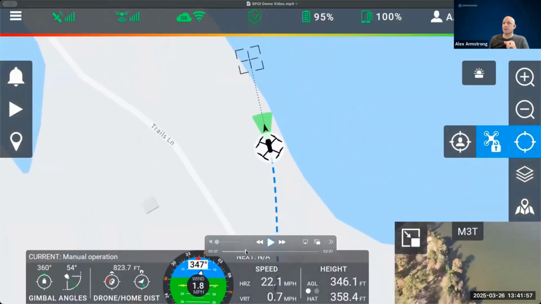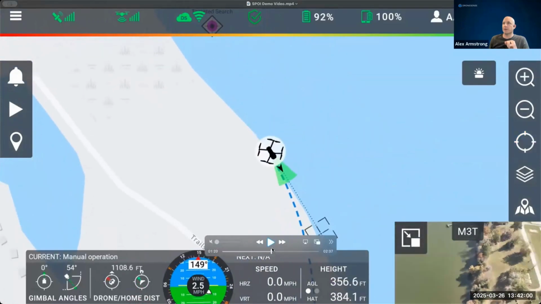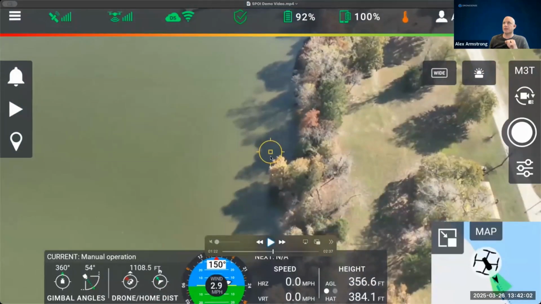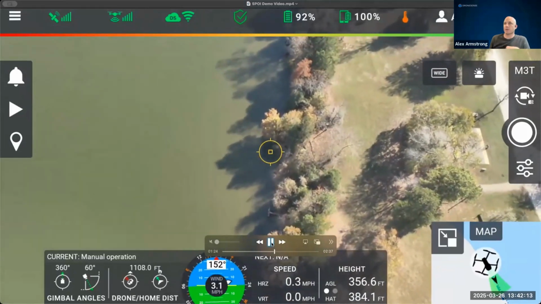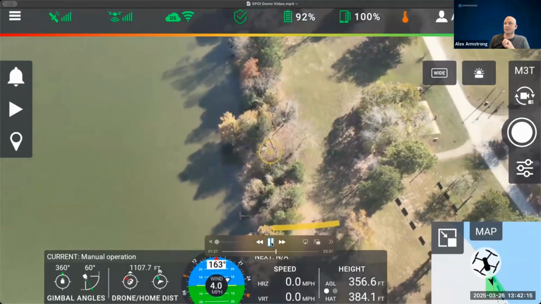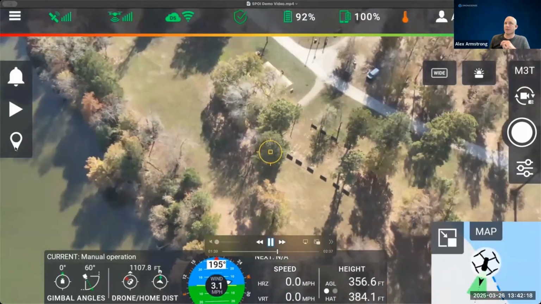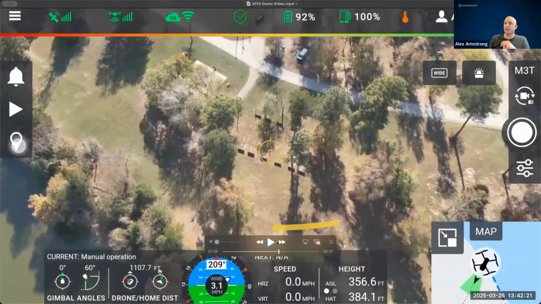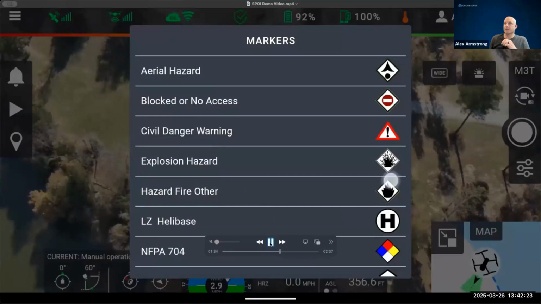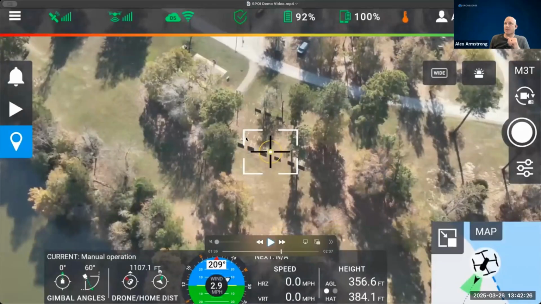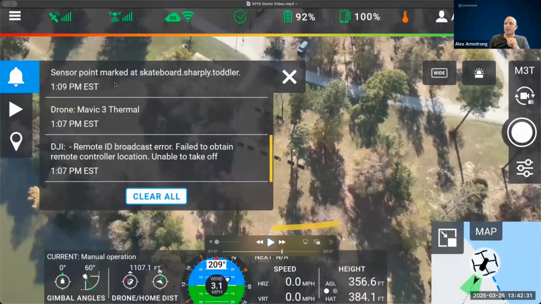I'm going to fast forward this a little bit to get to the camera view. When you're in the camera view, everyone should see this crosshair on the screen. This is turned on under the camera settings, and it helps you visualize where you're going to drop a marker. I'm going to hover over the ground, and you tap on the marker icon on the left side of the screen, which brings up the list of markers just like in the map view. Choose one from the list, and a white rectangle is displayed on the screen. Tap that white rectangle and you get a notice that says sensor point marked at